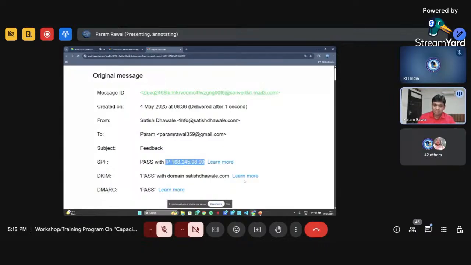On the basis of the IP address, I'll get the information of the Gmail ID: on which date that ID was made, from where it was created, which internet and which IP address were used while creating it, and on which date and time.